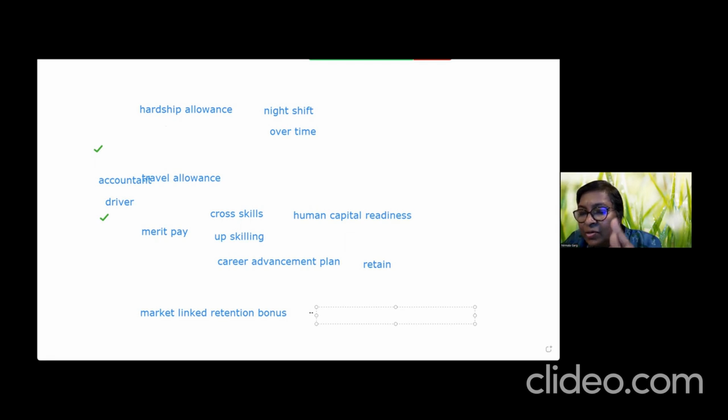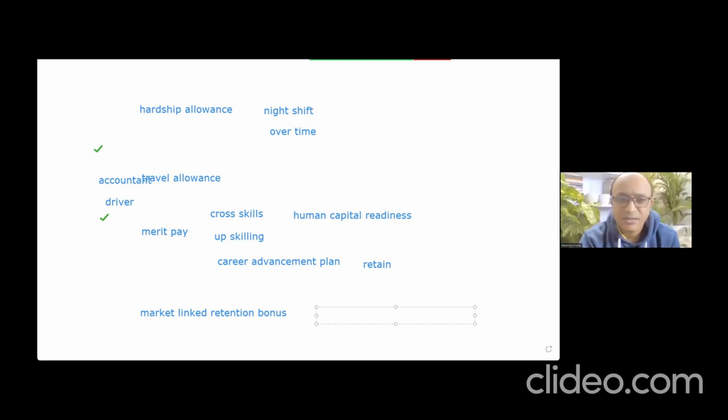I have given you two scenarios where some organizations do it and some organizations don't do it. And why they don't do it, I've also given you the reasons for these large IT organizations who don't give MLRB, but the smaller organizations, looking at the demand for certain skill sets, actually give market linked. So market linked retention bonus is linked with the demand for those skill sets. Are you with me, Vegender? Now have you understood? No, Mahendra.